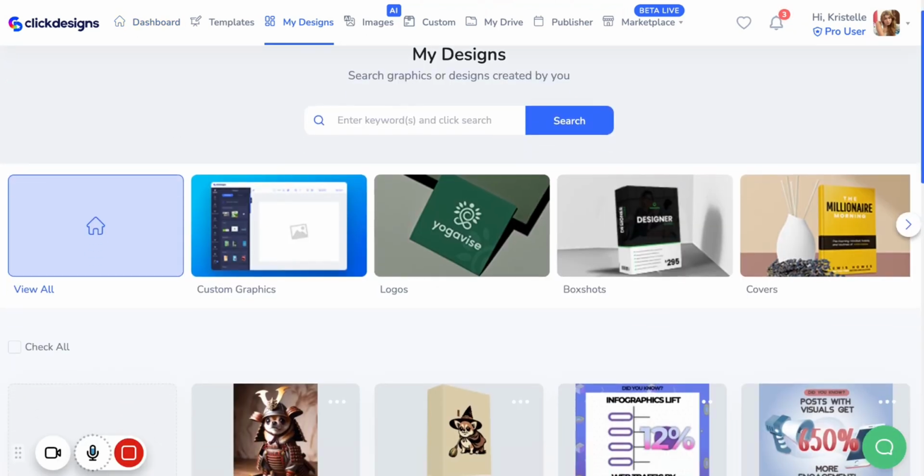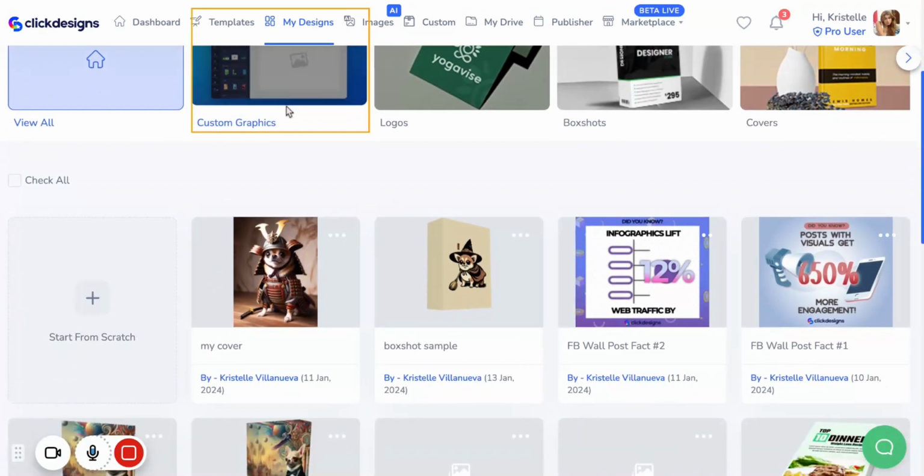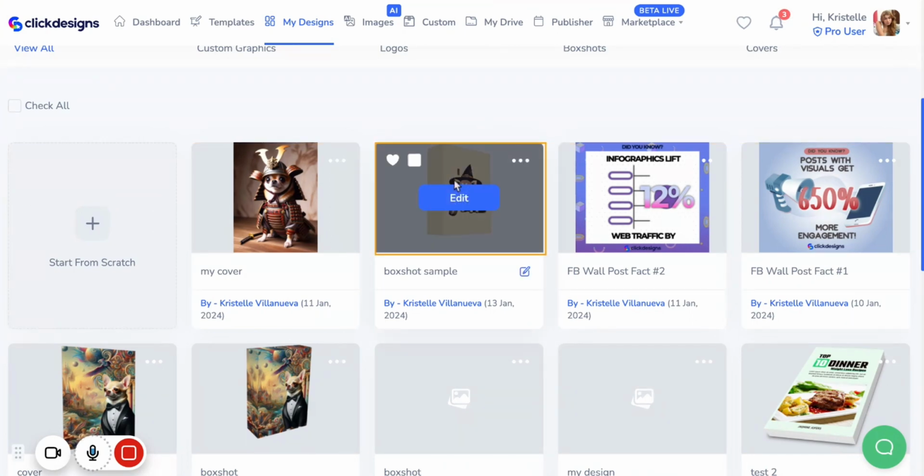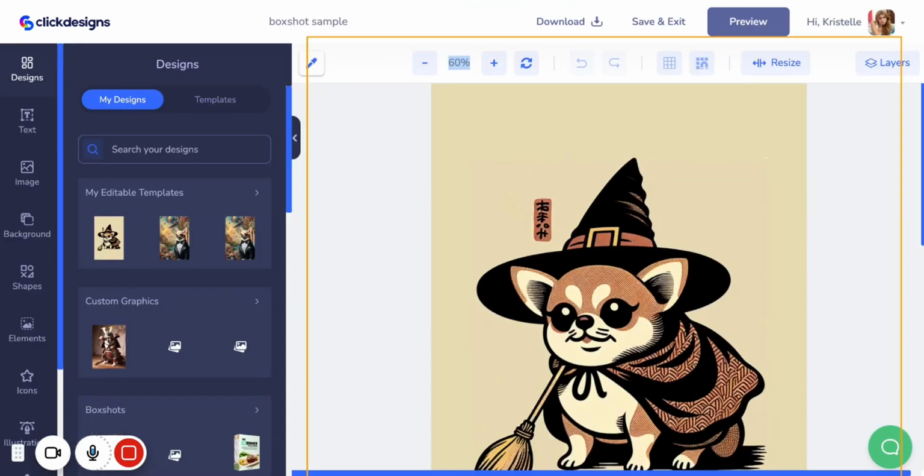And after clicking on My Designs, I'm going to look through all of my designs and I'm going to click on one that I want to add a QR code on. So once you do that, find that design, hover over it, and click on Edit. Now, once you click on Edit, this is going to open up your ClickDesigns editor, and here is where you